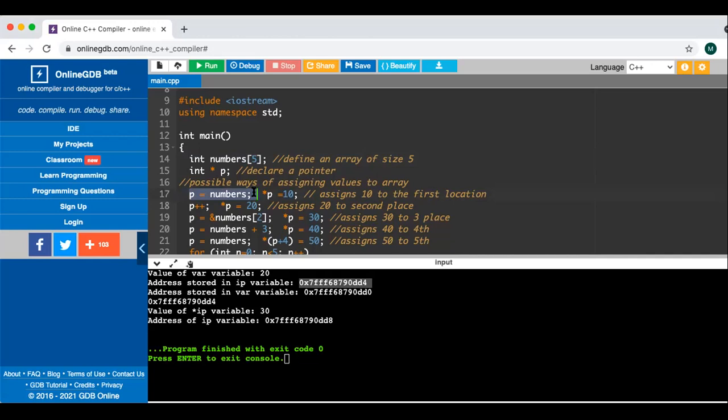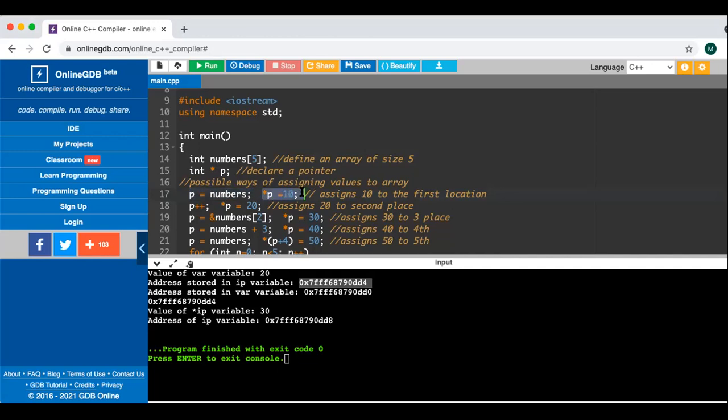Therefore p can be assigned directly numbers. Okay, so numbers will be addressing the first value, it will be the first address. And then I can use numbers, I can increment the number by 1 to get the second address of the array. Okay, so line number 17 is actually initializing the pointer with numbers, and then this part here